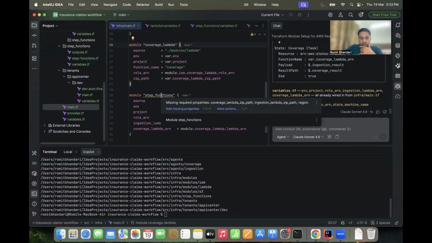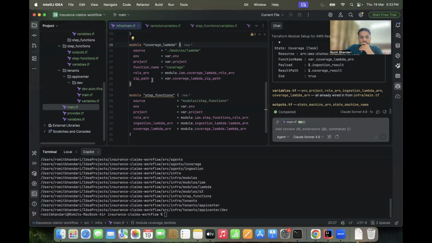What's the problem here? Add missing properties. Okay, are we